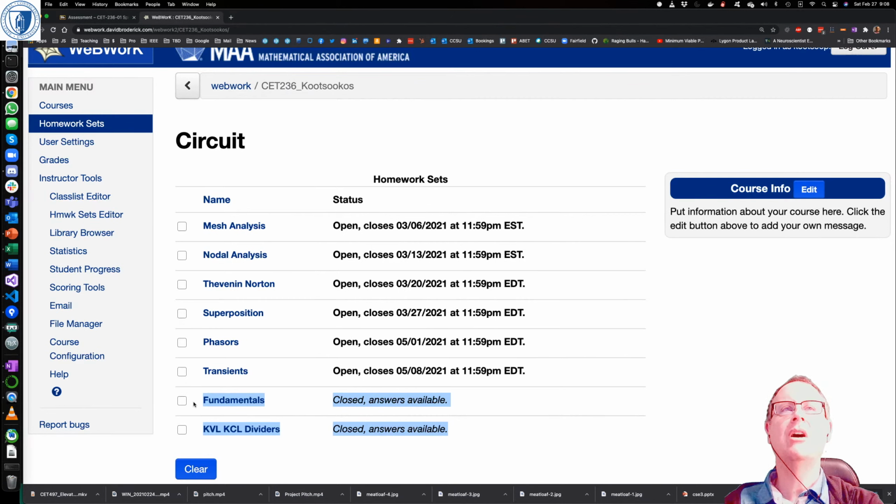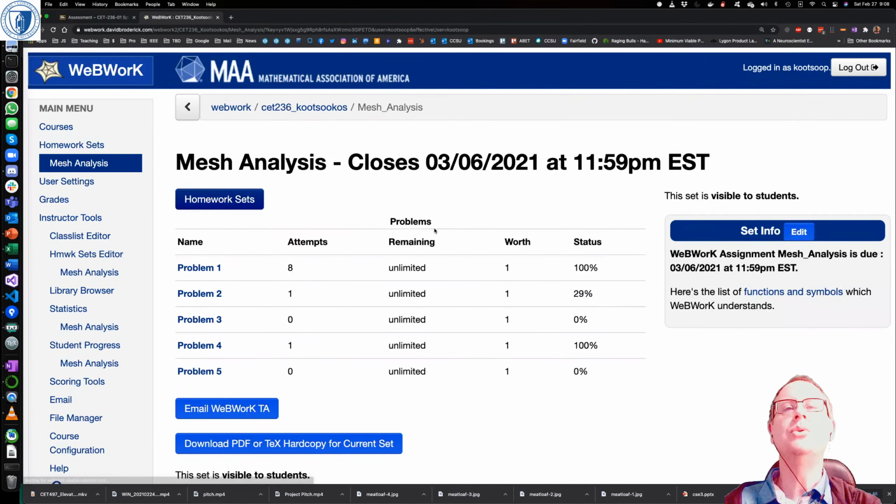But we've already covered those in homeworks 1 through 3 in Blackboard, so I'm not going to be using those. But these are the others. The currently open one that is due on March 6th is the mesh analysis one, and